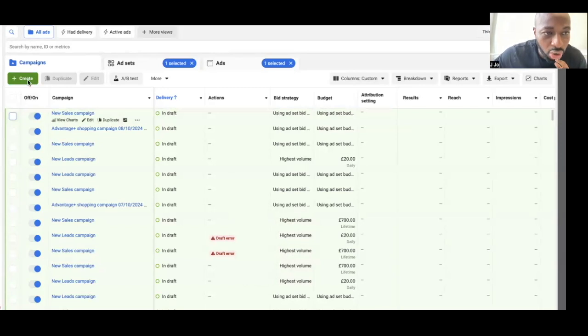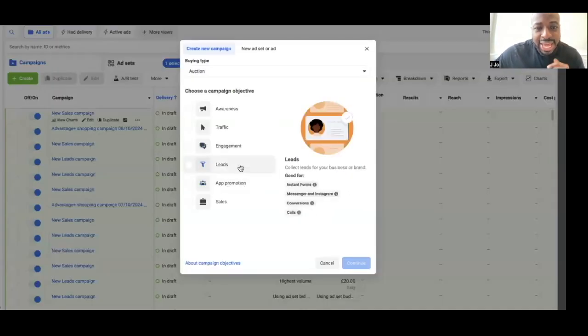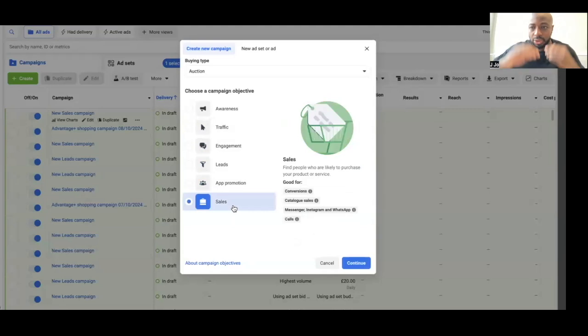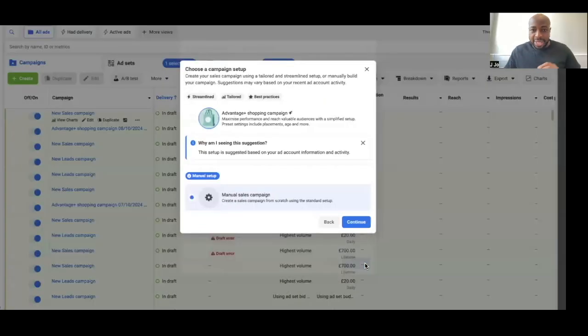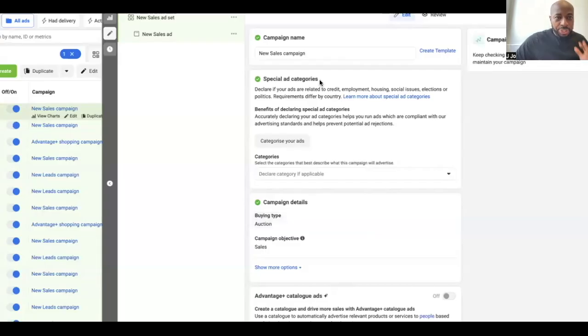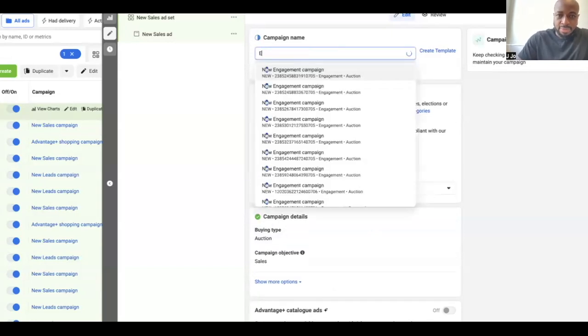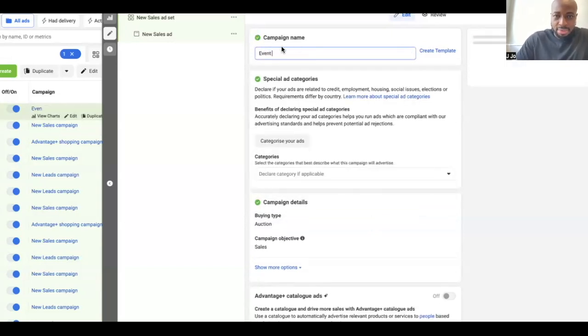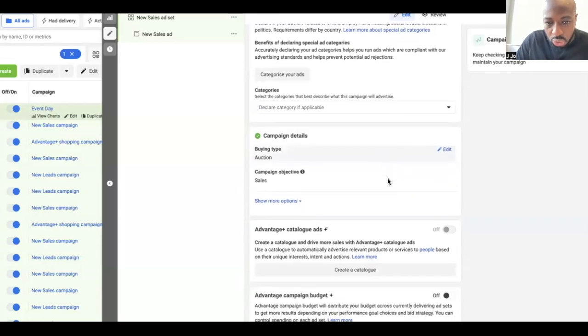You basically click on create, then you go to sales, because obviously we're trying to sell tickets to our event, online or physical. Then click continue. Then you want to select manual sales campaign, and then click continue. Then once you get here, let's put in here event day, and we can call it whichever we want. Then all we got to do is scroll down,